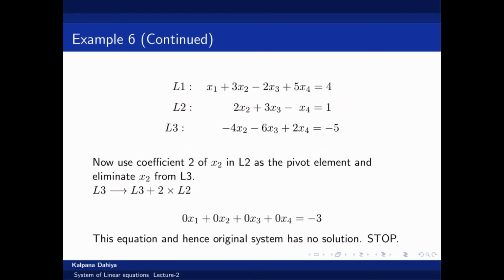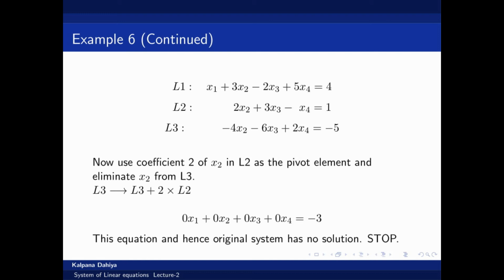Now this is the form of equation 1, 2 and 3 after eliminating x1 from the second and third equation. Now in the second equation, the pivot element is x2. Now using this second equation, we eliminate x2 from the third equation, that is L3. For this one, we apply the elementary operation, change L3 to L3, that is third equation, plus 2 times second